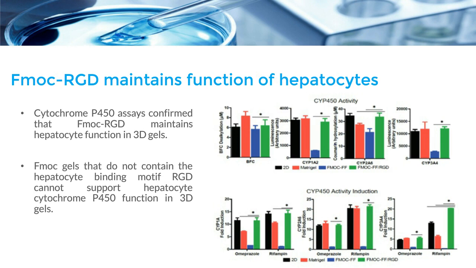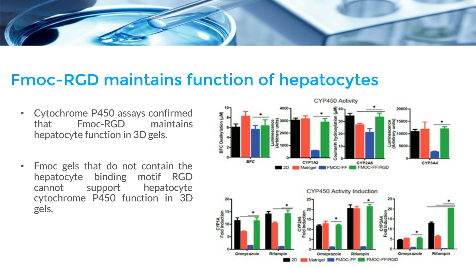It's not just that they express these cytochrome P450s, but there's actually a lot of machinery within the liver cells that enable the liver cells to respond to a variety of toxins or other substrates or compounds in vitro or in vivo. And what we show is that when we dose these different compounds in vitro, such as omeprazole or rifampin, here noted on the left, we see an expected and appropriate level of induction of cytochrome P450 1A activity in